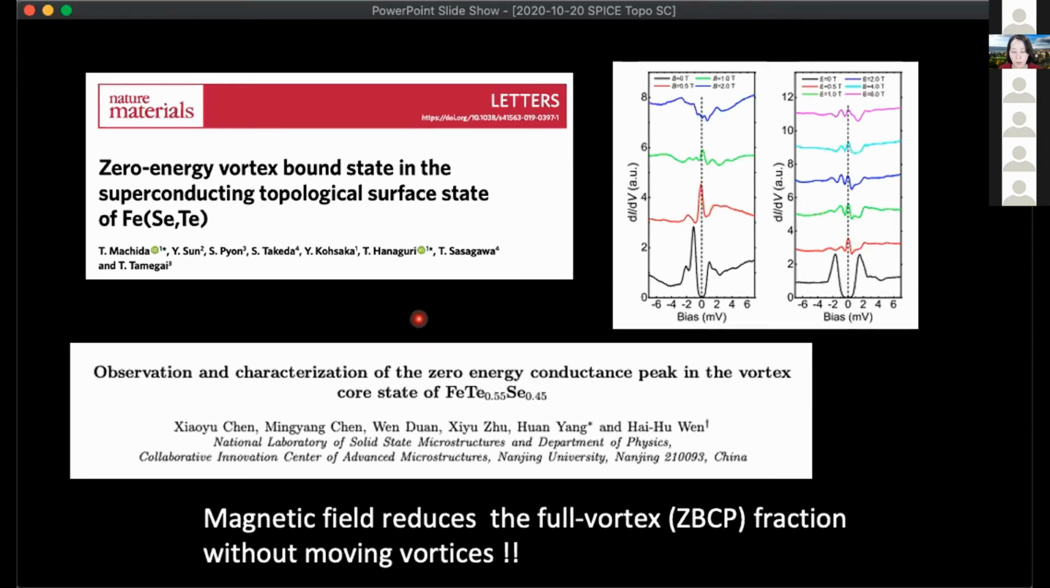And there were several groups in Japan and China that have pursued STM studies of the vortex bound states. For a while, there were issues of reproducing results and contradictions between results of different groups. Some groups found what seemed to be quite compelling zero energy vortex bound states, and other groups found states